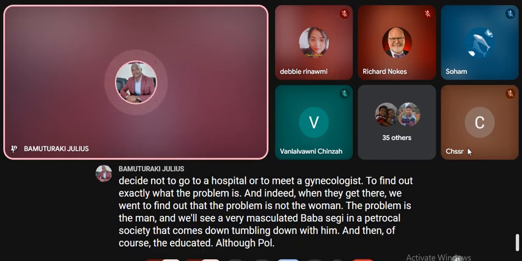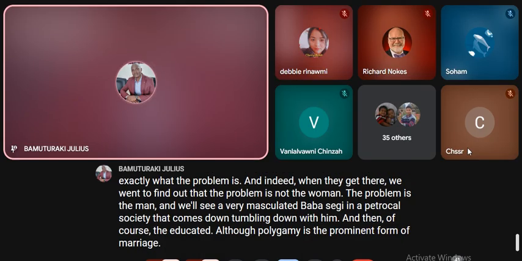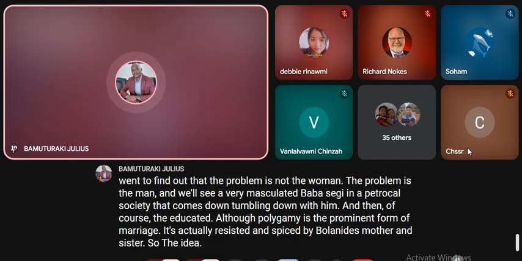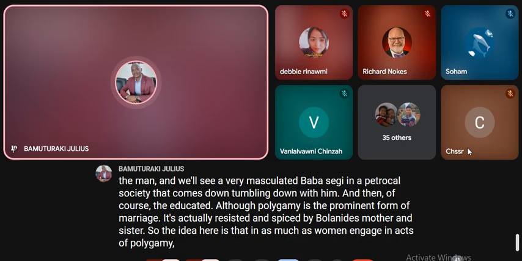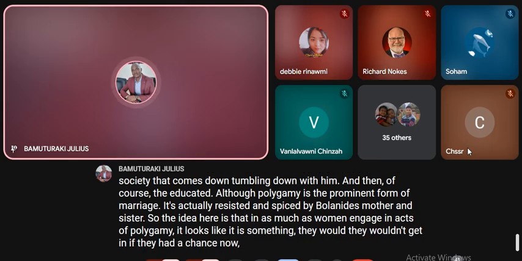although polygamy is the prominent form of marriage, it's actually resisted and despised by Bolanli's mother and sister. So the idea here is that in as much as women engage in acts of polygamy, it looks like it is something they wouldn't get into if they had a chance. Now we see here a woman, for example,